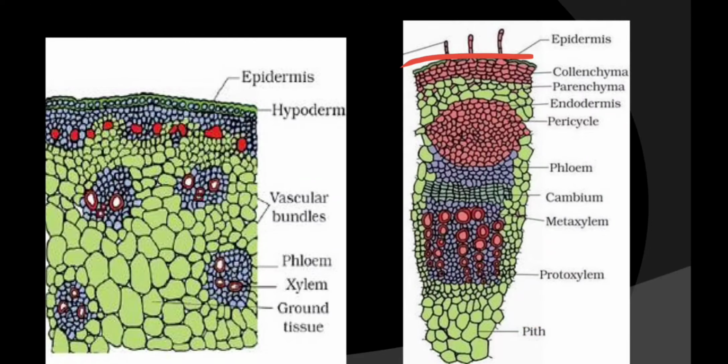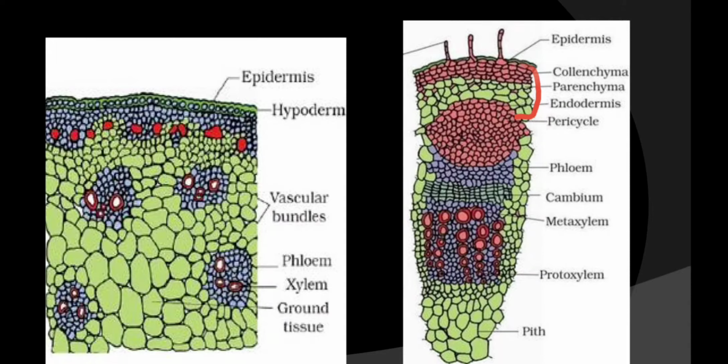So what you will see, the outer layer is the epidermis layer, which contains multicellular hairs. Okay, on the epidermis there are multicellular hairs, also called trichomes, and above the epidermis there is a fatty layer that is known as the cuticle. This cuticle layer protects the plant from fungal or bacterial effect, and also helps to check the rate of transpiration. Then if you move inwards, you will see there is a cortex region.